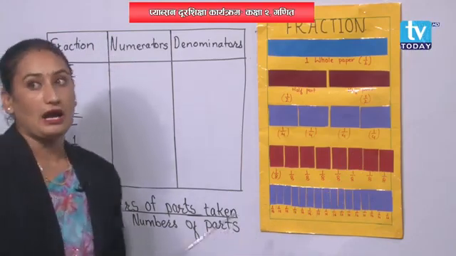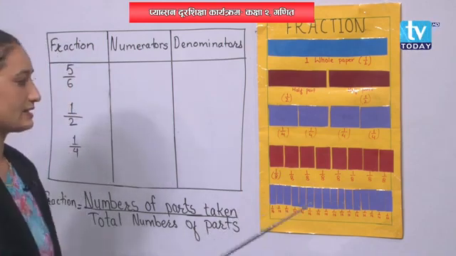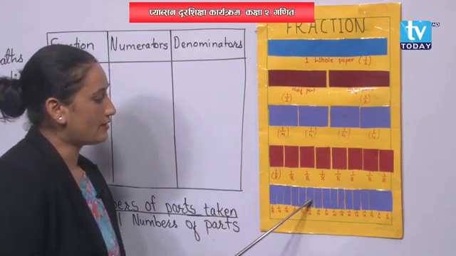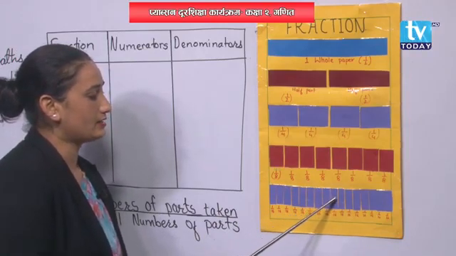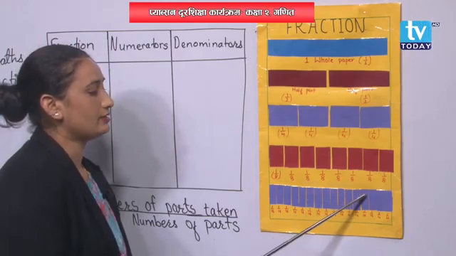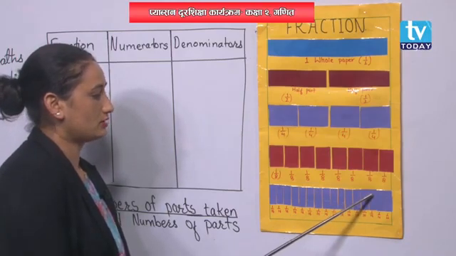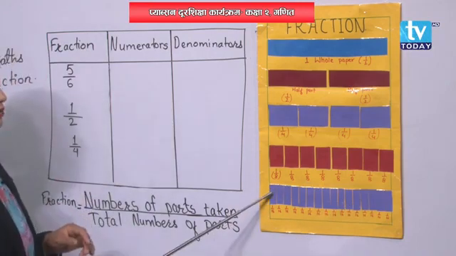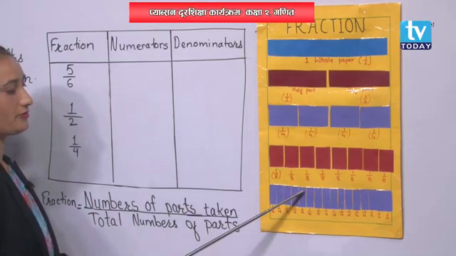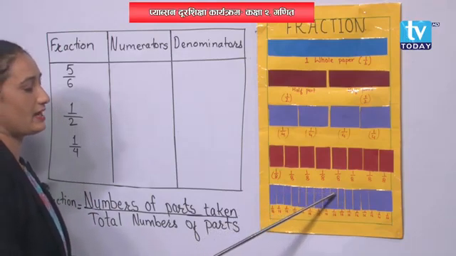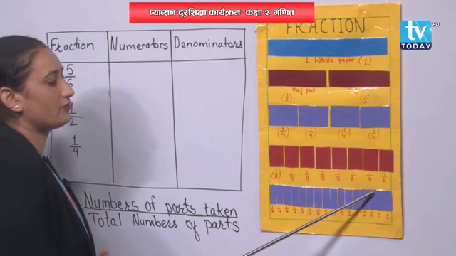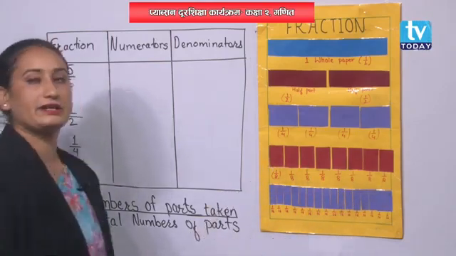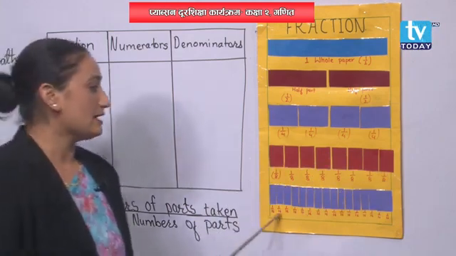Now, see here. Are there 16 papers or not? Please check it out. 1, 2, 3, 4, 5, 6, 7, 8, 9, 10, 11, 12, 13. Once again. 1, 2, 3, 4, 5, 6, 7, 8, 9, 10, 11, 12, 13, 14, 15, 16. Are you getting me? Now all this paper is divided into 2 parts, then it becomes 16.